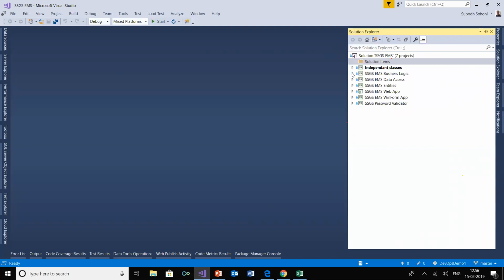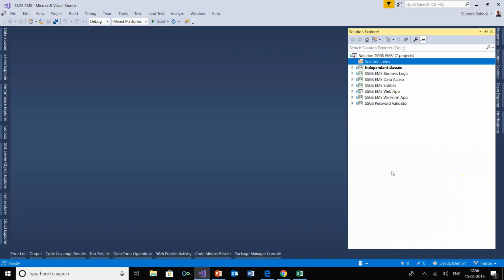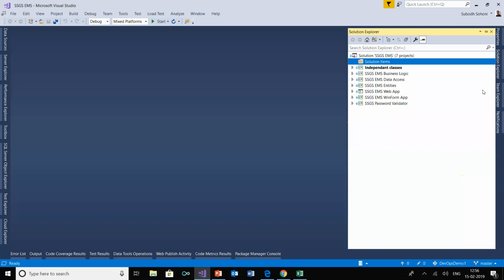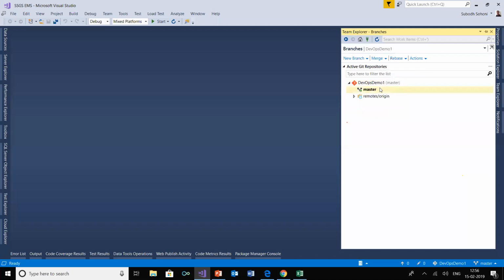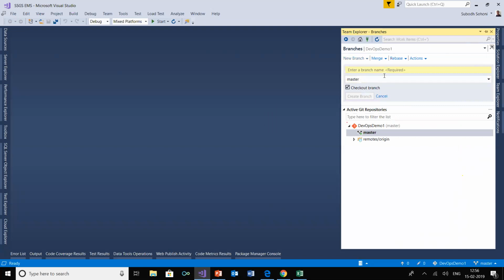So this is the solution view, and in that you can see there is a web app and all those things. So what I'm going to do is now this I'm going to branch out, and I want to do some experimentation into the web app. So I'm going to create a branch of the master. So to do that, I go to the Team Explorer, go to the branches, and I'll be able to see that there is a master branch. I want to create a new branch to do some experiments. So I'm going to create a new local branch from the master, and the new branch name I'm going to give is